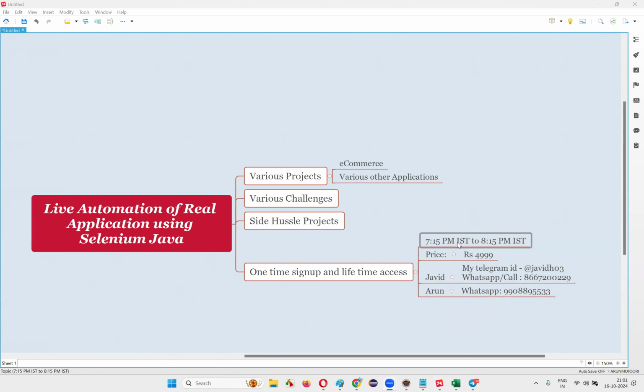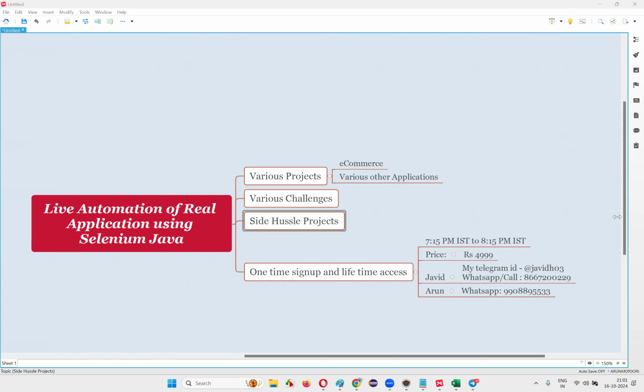Yes, Rahul, that's correct. One payment, and you can attend all the classes. You don't have to pay anymore. The side hustle project keeps on continuing, and recordings will be there with you if you are unable to attend. It keeps on going. All the recordings will be uploaded there on a daily basis.